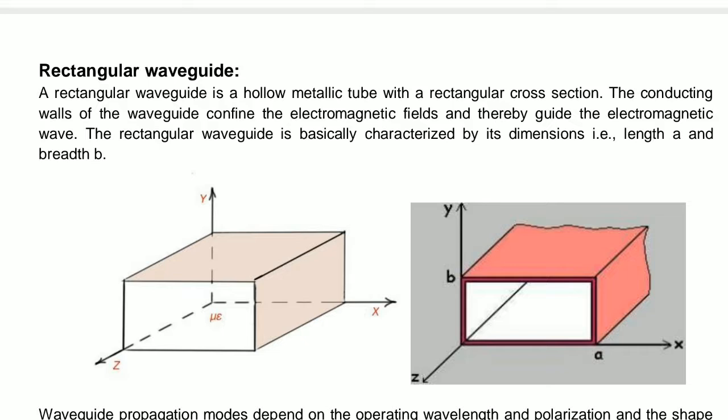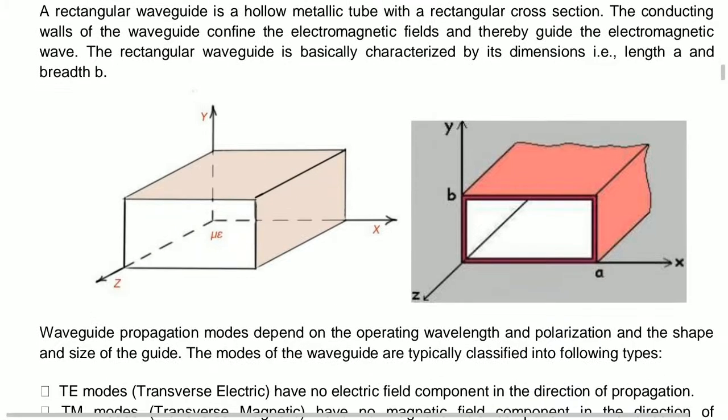Like I have told you earlier, an electromagnetic wave, as its name indicates, has an electric field and a magnetic field. Both these fields can travel through the electromagnetic wave, and this can be guided by these waveguides. This is one of the most important devices in microwave engineering, which is used to carry and guide the electromagnetic wave. So please remember its simple construction and its diagram for the rectangular waveguide. Let's move forward.